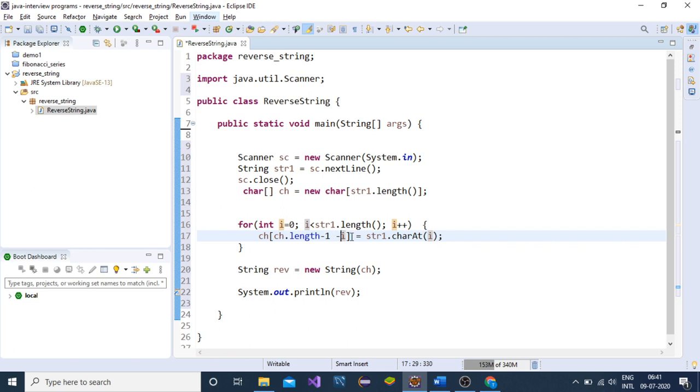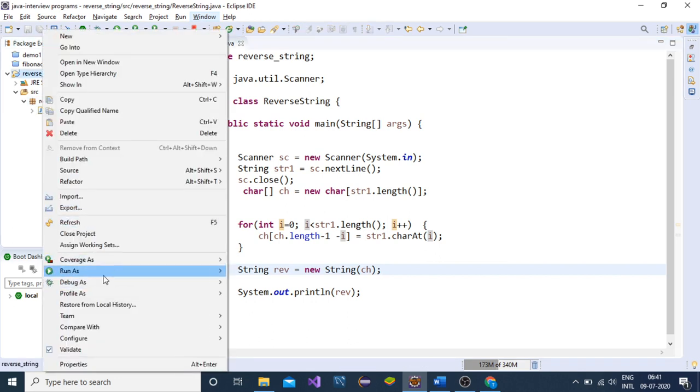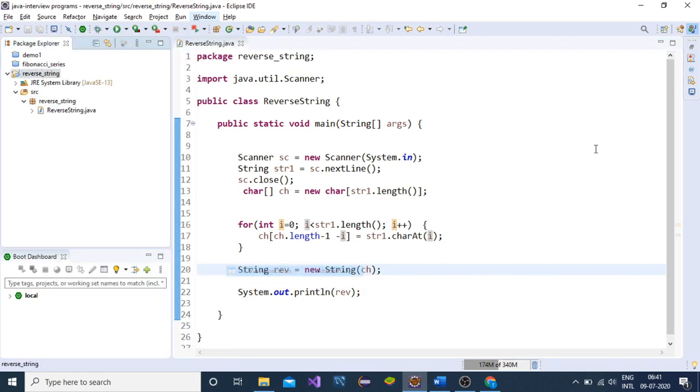So it will cancel out, and the last character will be stored at the beginning of the char array. Our program is complete. Right click on the project, run as Java application and check it.